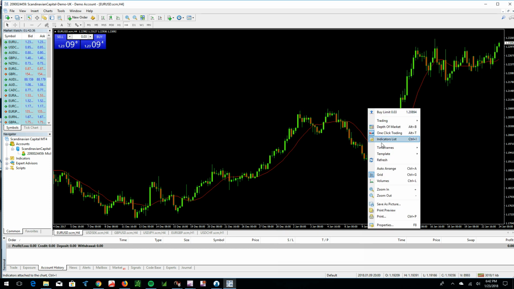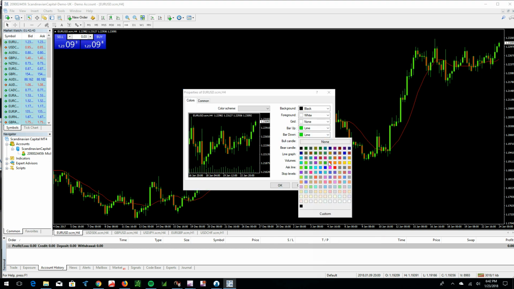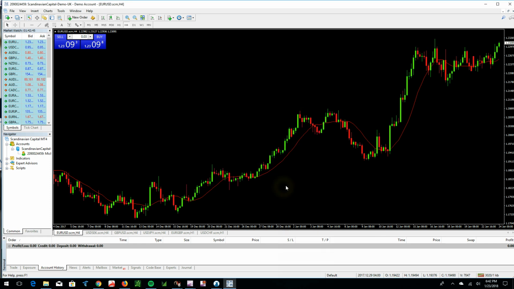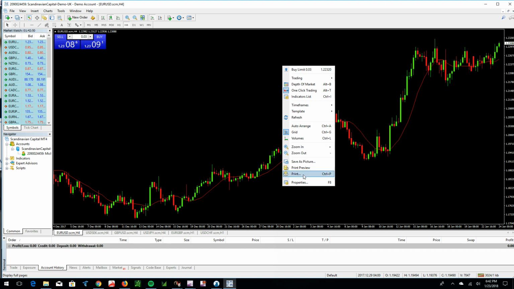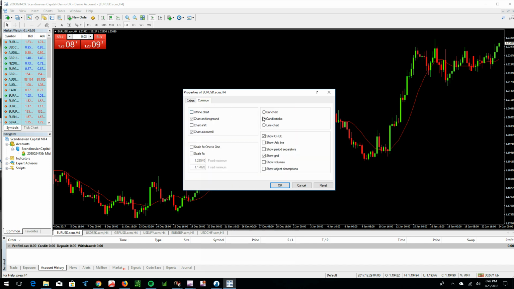Now we can see with the red, what I probably should do here, see this bar down here. If I change that to red also, now we have a much cleaner look. So you can go in here and make this however you so desire. And you can also come over here to the comment side and again determine how you want to show the grid. I changed the color to none, but if you don't even want the grid there, you can get rid of it here. The ask line,